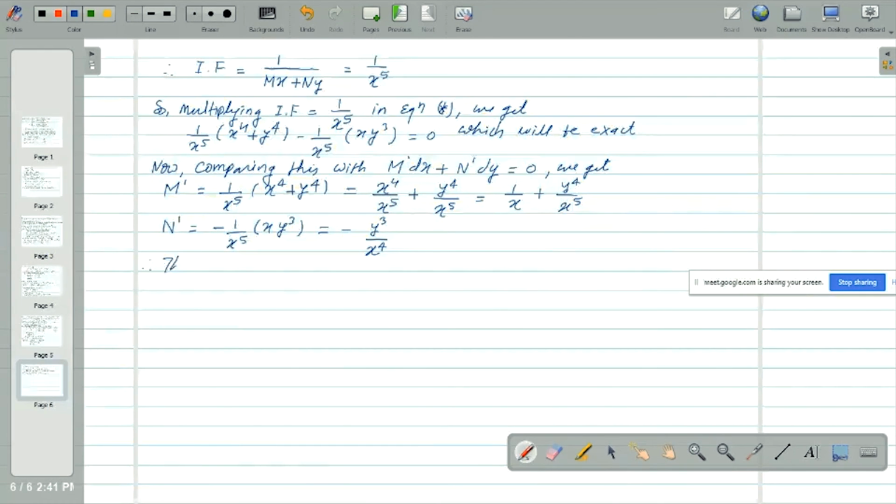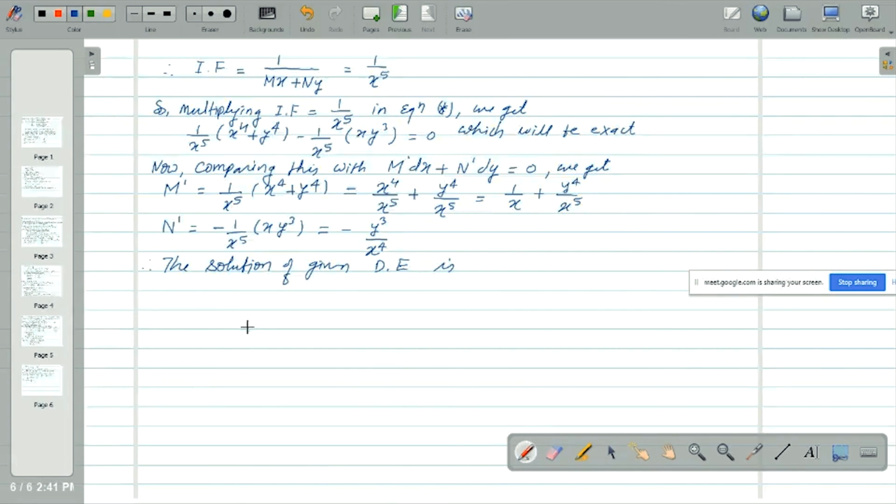Therefore the solution of given differential equation is,